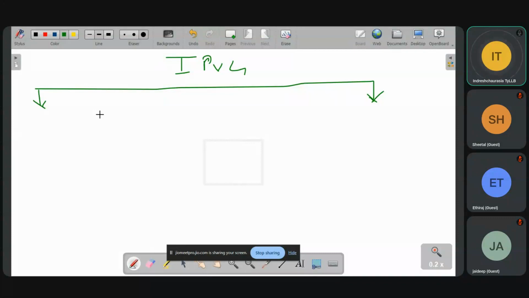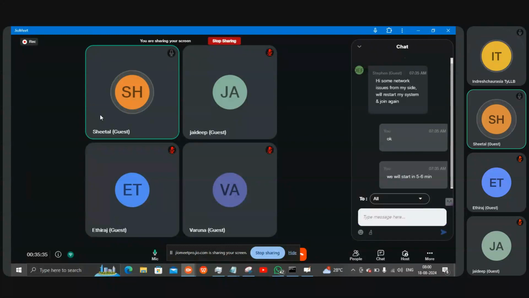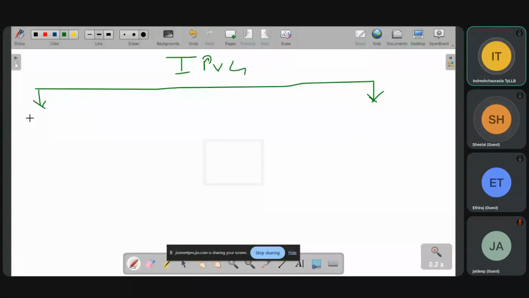When I say IP version 4, again it is divided into two parts. The network part and the host part. Network and host.